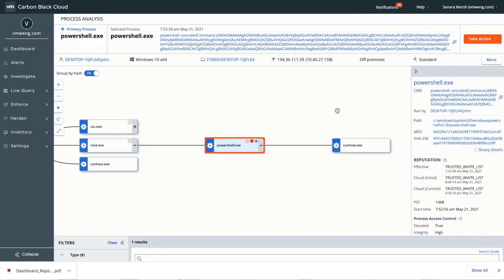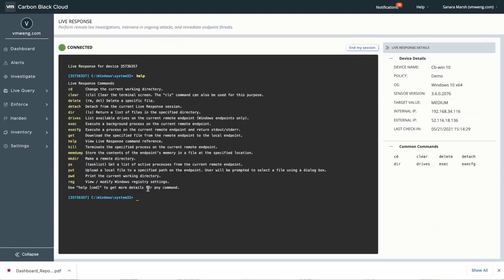Once we start to get a grasp around what is going on in this threat instance, we want to be able to take response and remediation actions. Going into response and remediation, we can go live on this system. Now, live response is something that is a remote shell where you can do a whole host of functions. We can get files off of the remote endpoint for further analysis, kill off active and open processes, perform a memory dump, or leverage the more powerful execfg functionality to extend beyond some of the simple capabilities that are available in this command prompt. If we run execfg